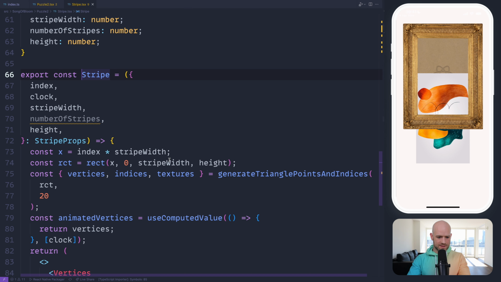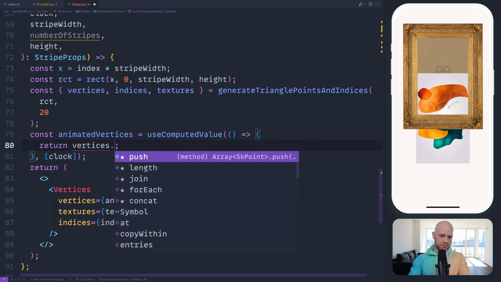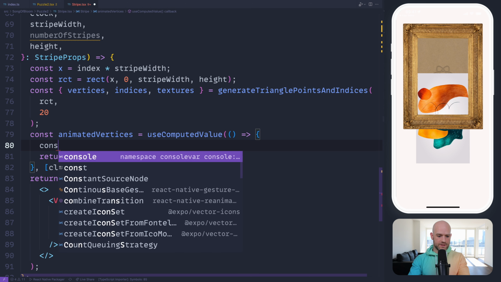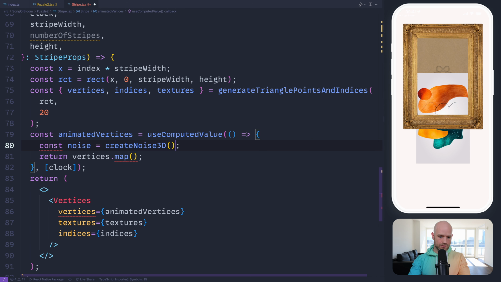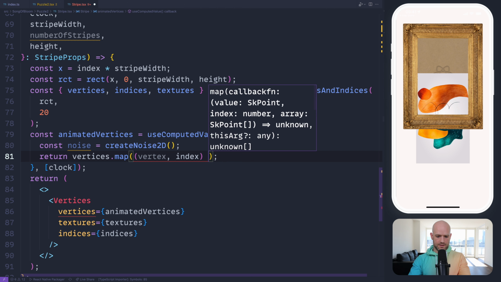We get a clock here as parameter, and we can use it to deform the vertices. So we're going to map, and we're going to create a noise here, and here we really need a noise 2D. We're going to use the two dimensions of the noise. So we get a vertex and an index.